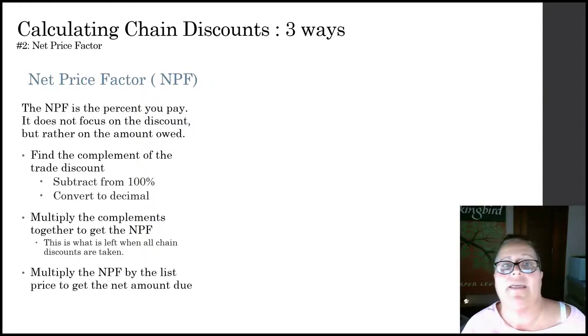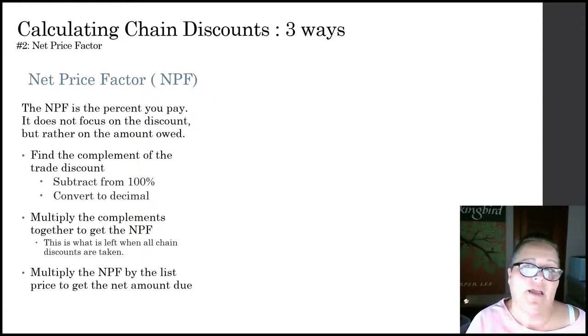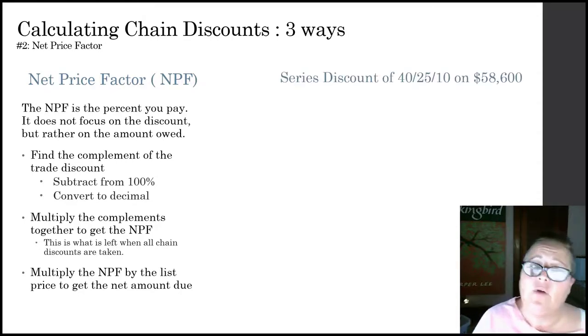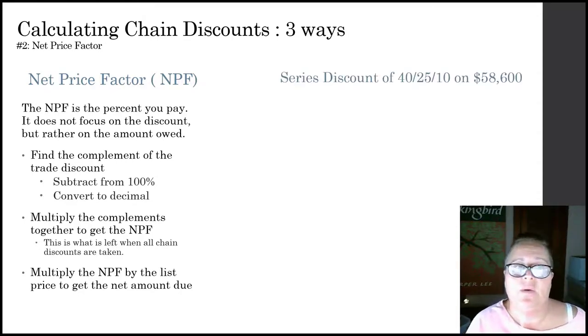You can multiply that net price factor by the list price in order to get the amount that is due. So here we have a situation where we have series discounts of 40, 25, and 10 on $58,600. This means that they've been granted a 40% discount, and then a 25% discount, and lastly a 10% discount. In order to determine the net price factor, we need to find the complement of each one of these discount